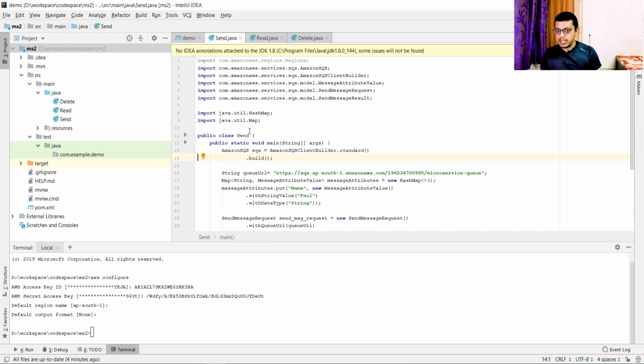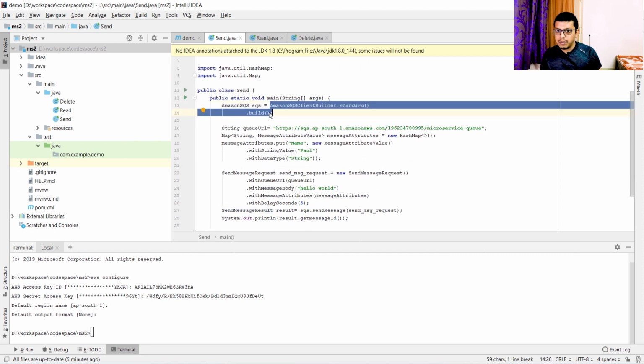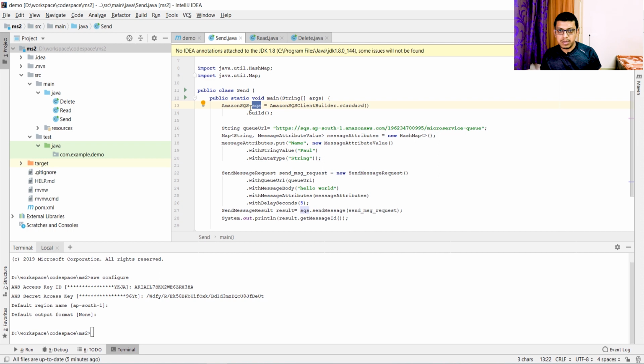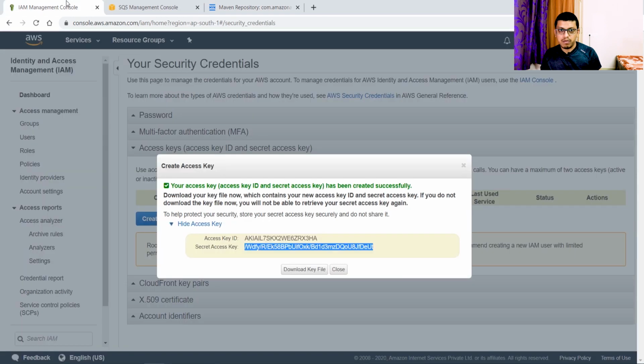So in order to send a message, what we need to do is import AmazonSQS, then the client builder, then MessageAttributeValue, SendMessageRequest and SendMessageResult to print the message ID. So using the SQS builder, I have created an AmazonSQS variable, and then we have defined the queue URL. So you can get the queue URL from